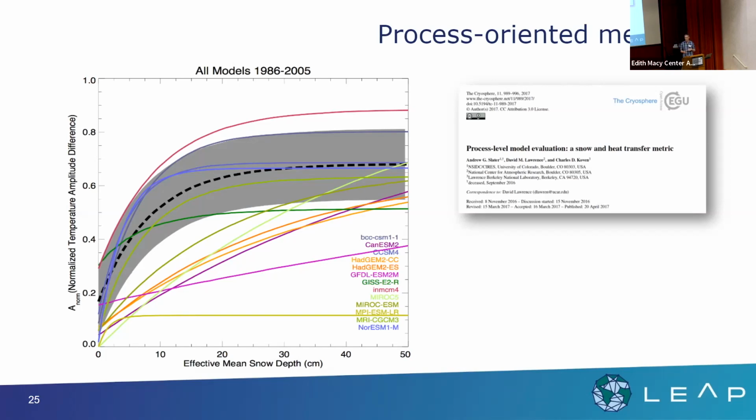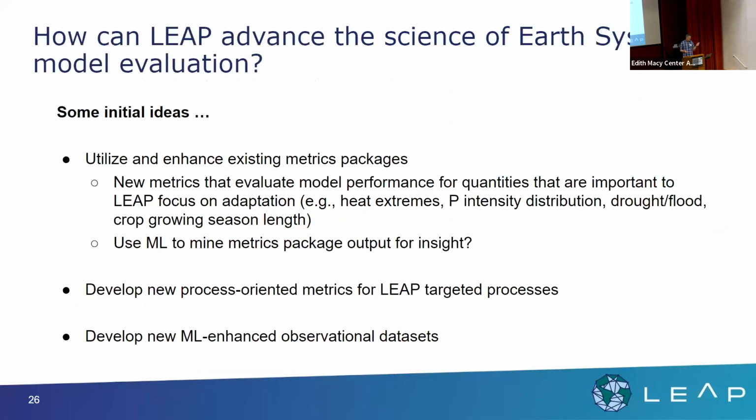Then you can see what all the models are doing. Only two or three models are actually getting that snow insulation relationship right. Most of the models are doing a pretty poor job. So it's an example of a metric that really captures just that one process, snow insulation of the soil. There are quite a few processes in the snow that lead to that, but still, it's zeroing in on one thing.